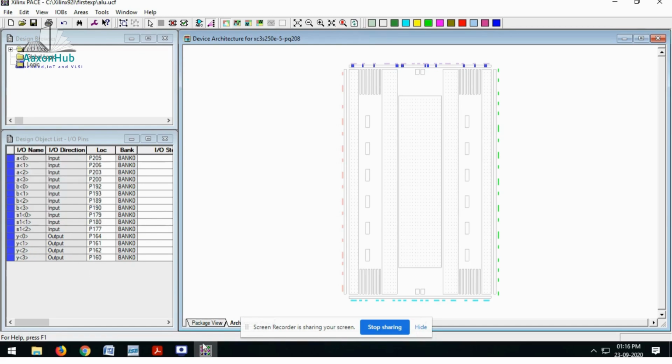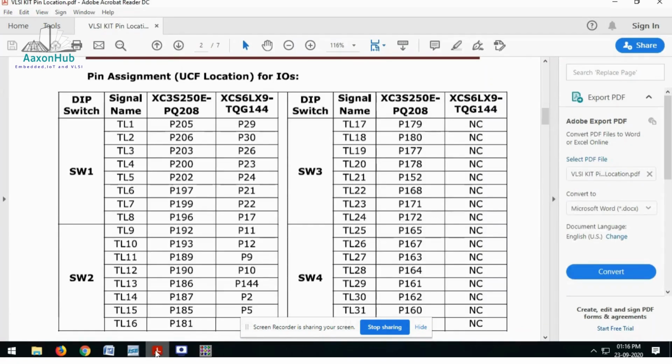Whenever you want to assign the pin package, as per the hardware manual, you have to assign it. If I'm considering this as switch 1, I'm using 4 pins: P205, P206, P203, P200. So this is my A.